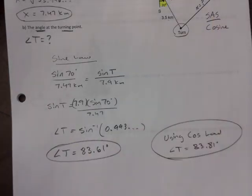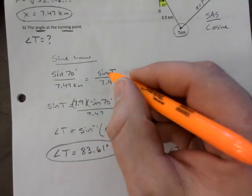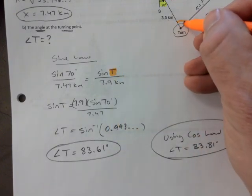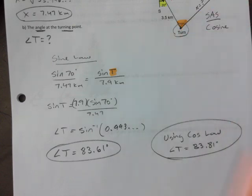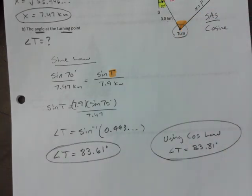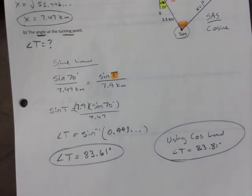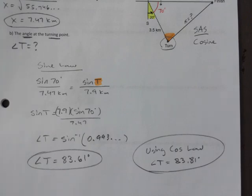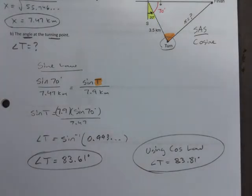So let's see here. Angle T would be this one right here that I found later on. Okay, so this is complementary angles. Let me just peek here. Okay, we're good. We're going to go back in time,